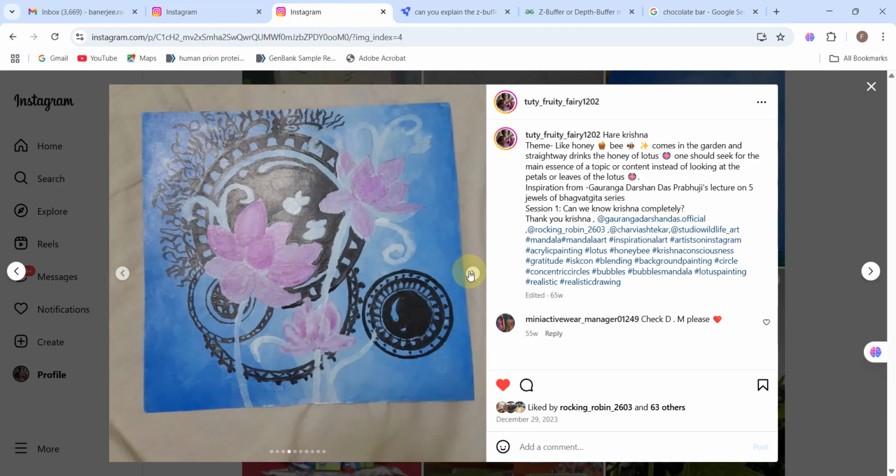Then slowly I have again updated the information with the pink color of the lotus. Now these pixels have the information of pink, a purplish color, you can say purple intensity, and still these pixels have the information of white color. These background pixels have the blue color. These bubble locations have the black color.